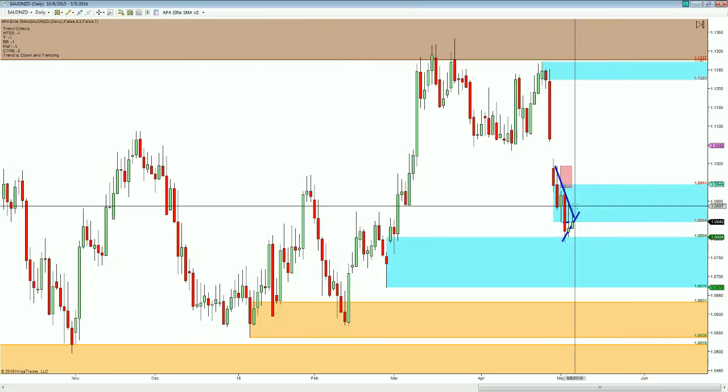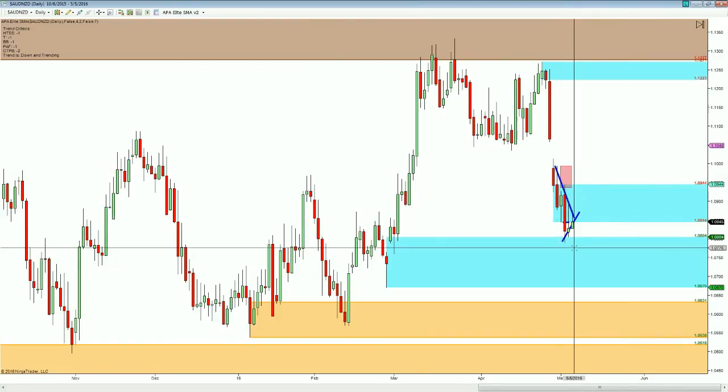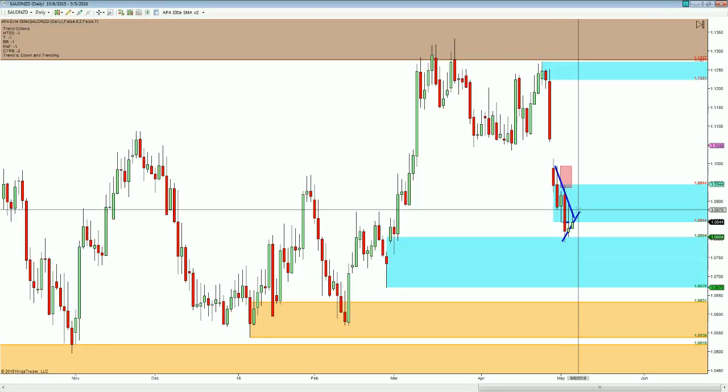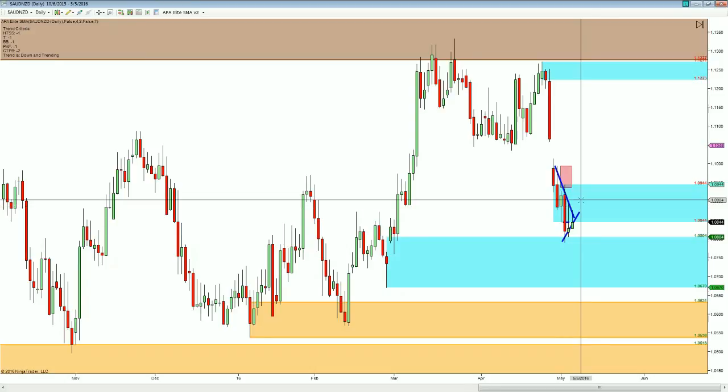And you can see here we are. We just formed a new supply on the daily and came to this fresh daily demand level, and now we're back up into this daily supply again, just waiting to see if it's going to respect this zone or not, and see what happens next. In my opinion,